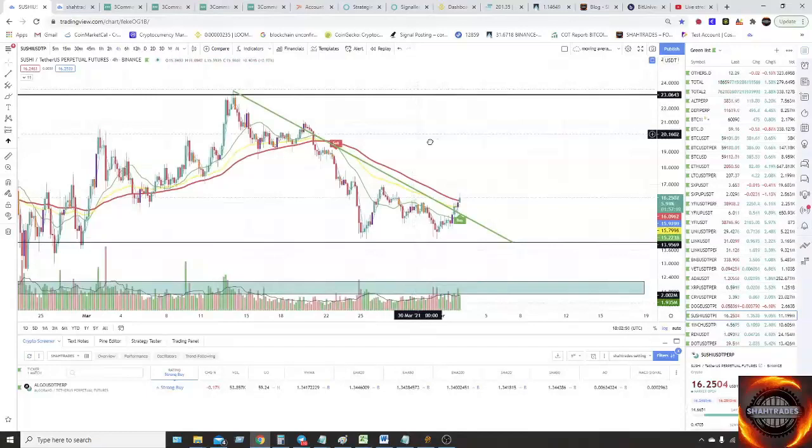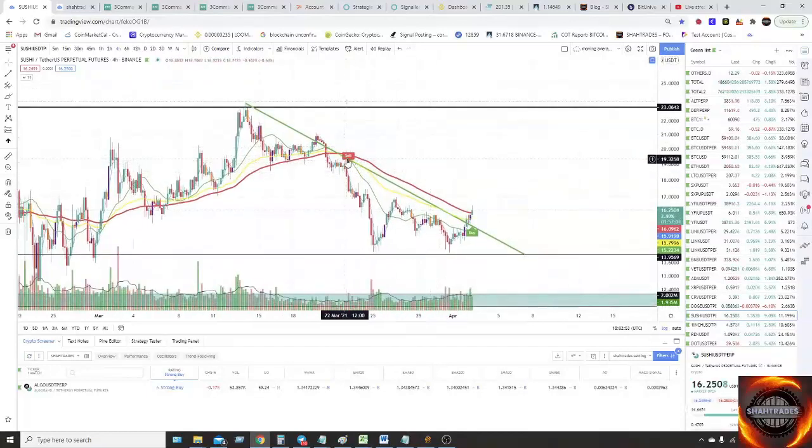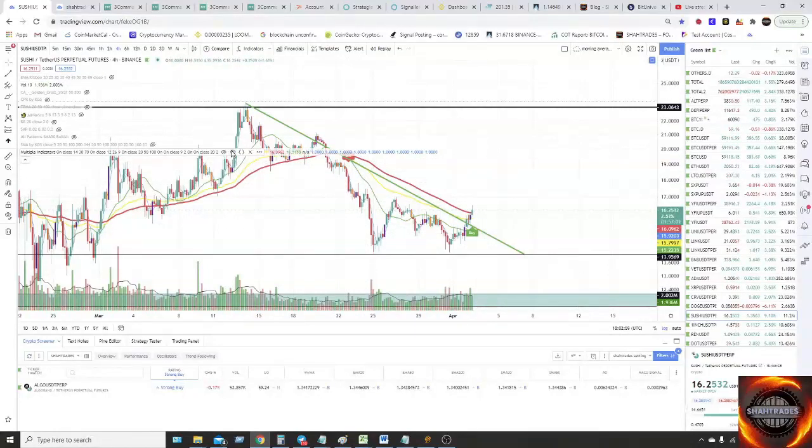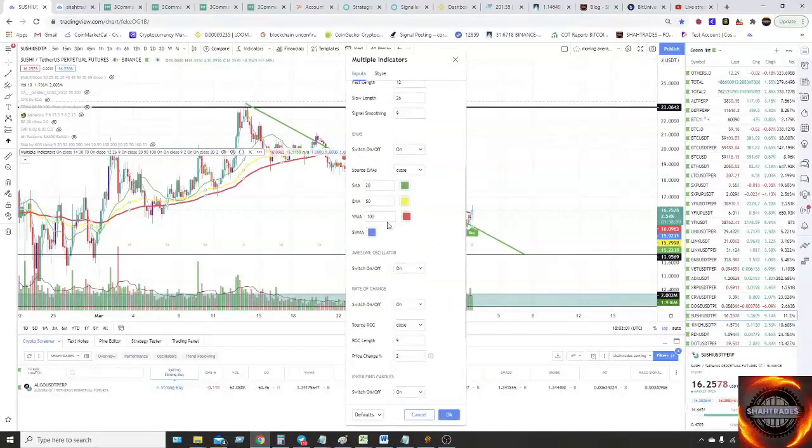Basically, this indicator works by giving you the sell price and the buy price. I will show you in detail. There is a simple moving average of 20, an EMA of 50, and a WMA of 100. Basically this indicator will calculate different kinds of moving averages and give you the market movement and price action: how the price will move, and in which direction.